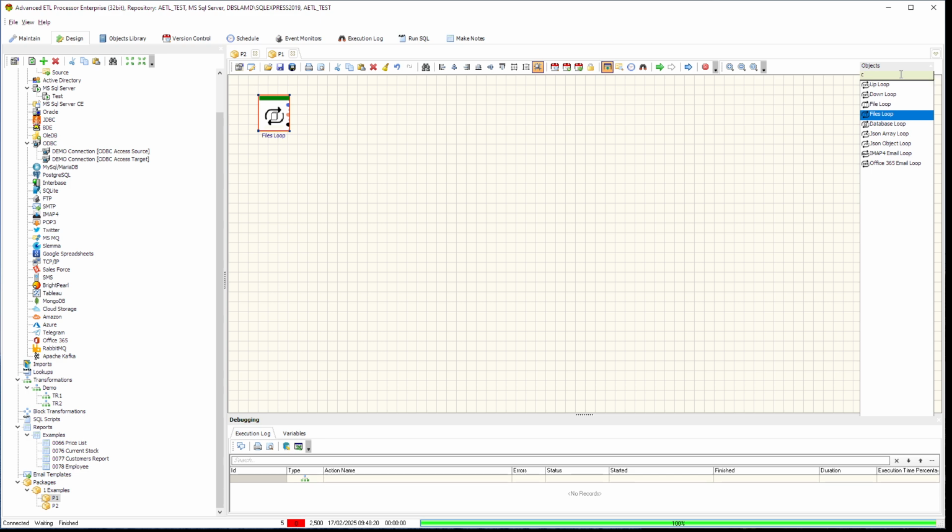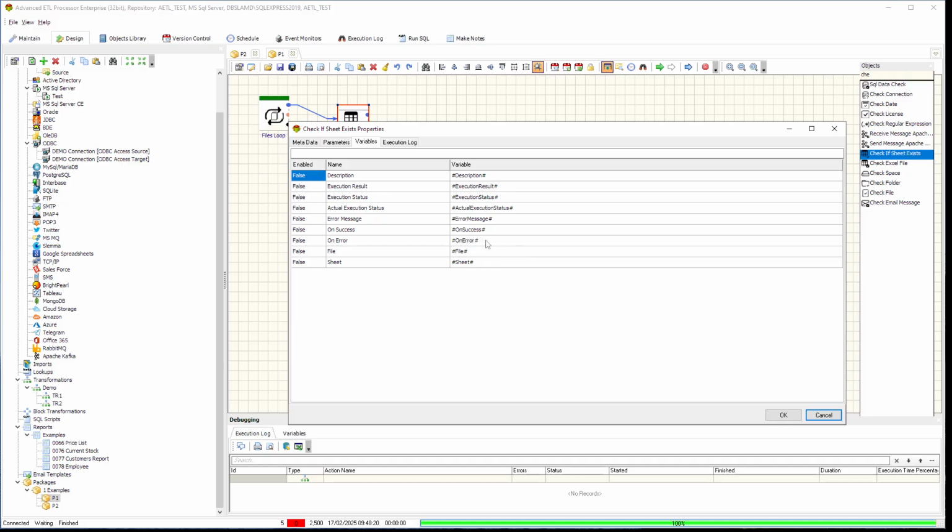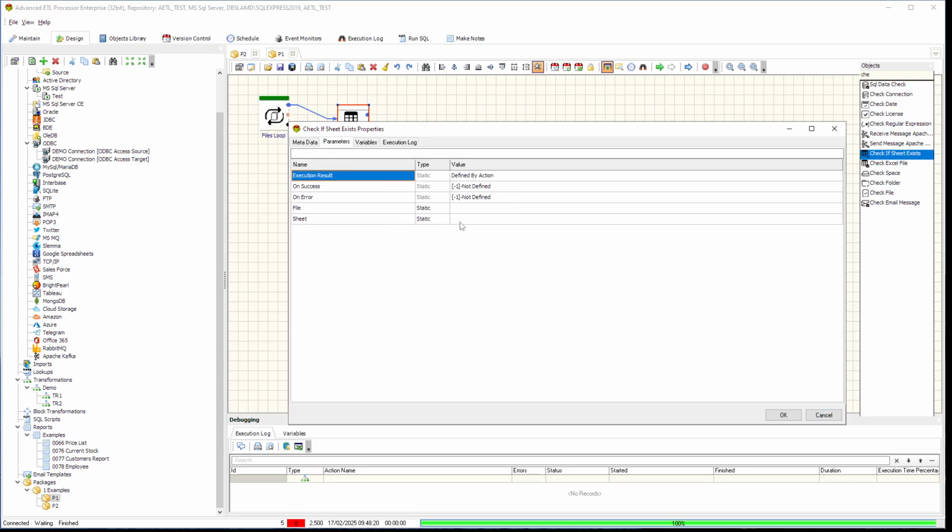and then we need to check if the sheet should actually exist, transactions. So the parameter, the file is, and the parameter is variable, the name is cells,